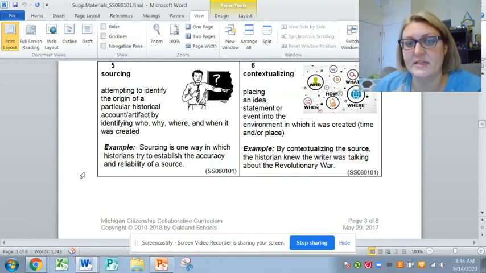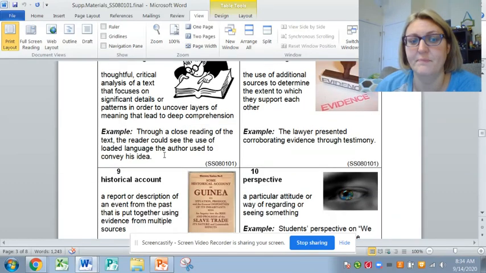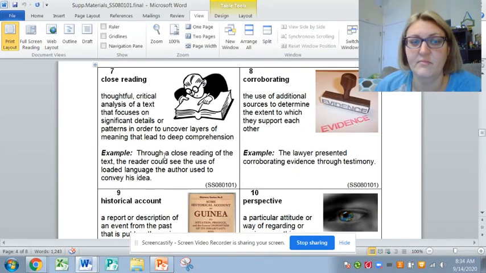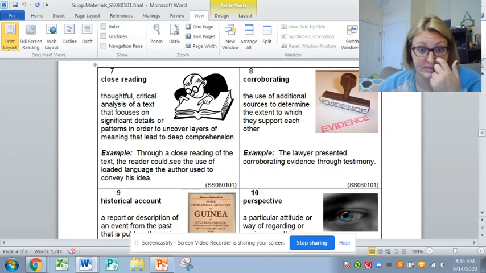Contextualizing, placing an idea, statement, or event into the environment in which it was created, time and or place. Example, by contextualizing the source, the historian knew the writer was talking about the Revolutionary War. Number 7, close reading. Thoughtful, critical analysis of a text that focuses on significant details or patterns in order to uncover layers of meaning that lead to deep comprehension. Example, through a close reading of the text, the reader could see the use of loaded language the author used